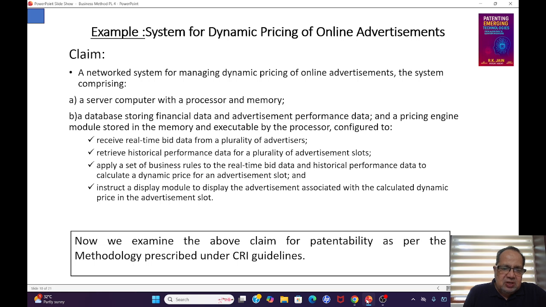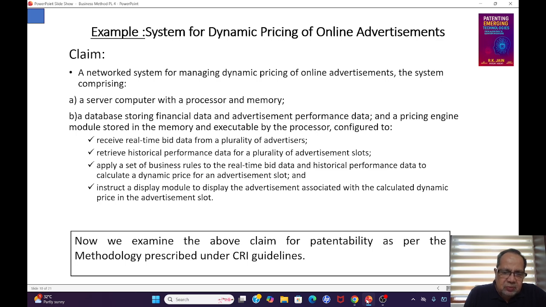receive real-time bid data from a plurality of advertisers, that is, multiple advertisers can put in their bids simultaneously. Then it would store the historical performance data from the various advertisement slots. Then the business method rules will match the real-time bid data to the historical performance data to